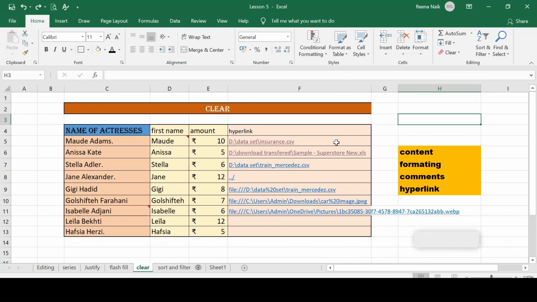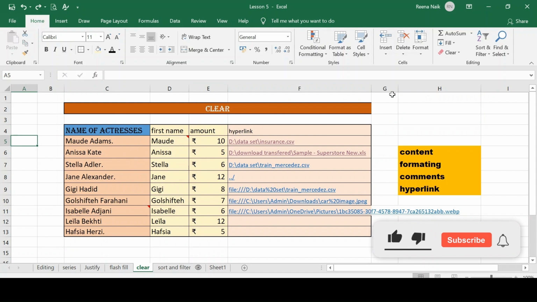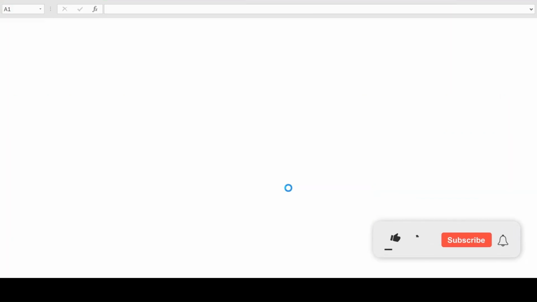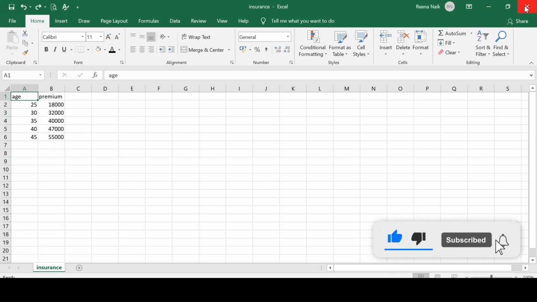One thing is that when you take your cursor to this cell, you can see the plus sign coming with the cursor. If I go here with my cursor, you can see the cursor is an arrow. But when I take it here, the cursor is a plus sign. But when I take it here, the cursor shows a hand. If I take it here, it again shows the plus sign. So once it is showing the hand, this means your hyperlink is still there, and after clicking, it will direct you to your original file.